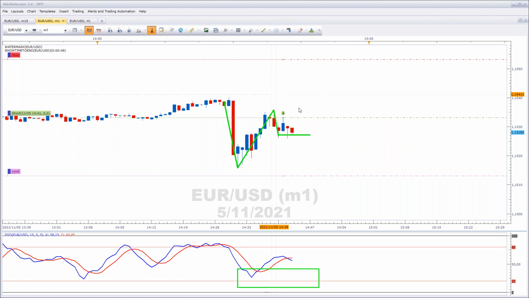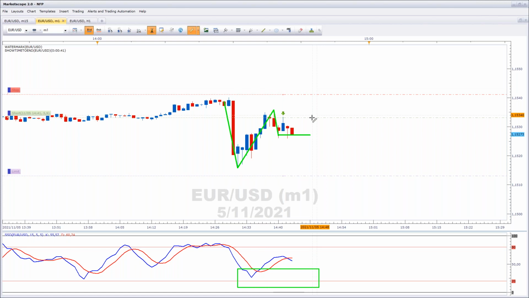Okay, so we've taken a significant amount of risk out of this trade now. We started with 20 and we're on just about 8 pips of risk. And then we're going to try and drag it down again. Keep an eye on that stochastic.